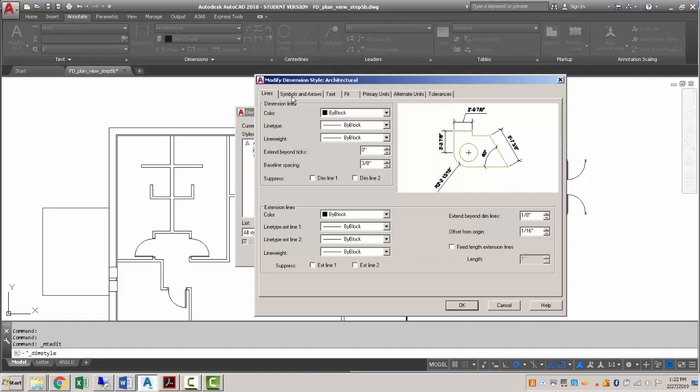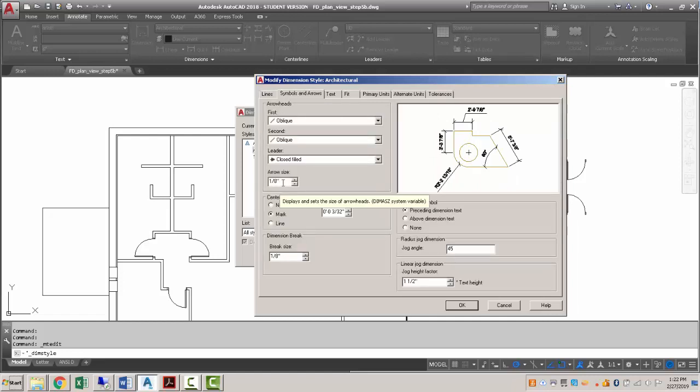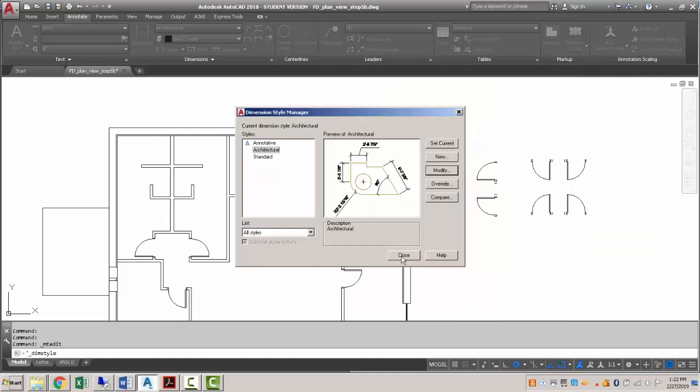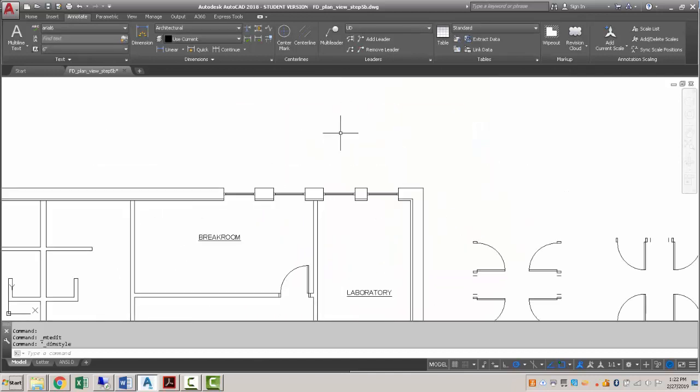And the way the dimensions are set up is you set up the size on paper. So for instance, the arrow size is set to be 1/8 of an inch, and when we go to add it to our model, we actually need to scale things up. So since all of this is specified as the size on paper, we can use our viewport scale factor and everything will be increased to the appropriate size. So I'll hit OK, I'll hit close, and then the